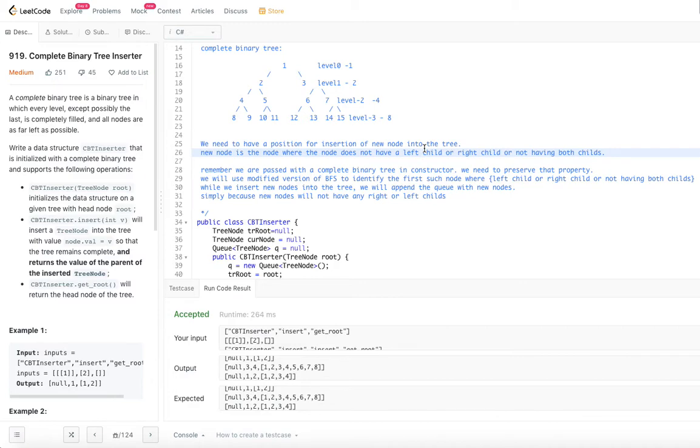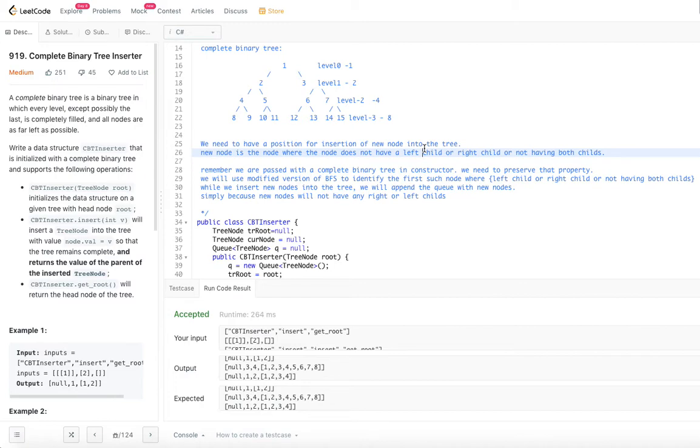Because why are we inserting these new nodes into a queue? Because they don't have any left and right subtrees, right? When we insert a brand new node into a tree, it doesn't have left and right subtree, it just has its value. That's the reason why we put them back into the queue.